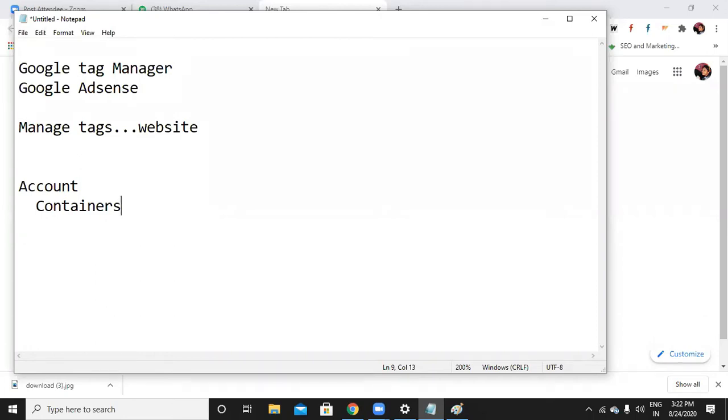Property means website. So here account means simply the account you are creating, and container means the website you are adding. So first you need to create an account, then add your website to the account. Now let us see how we can create an account and how we can create a container.